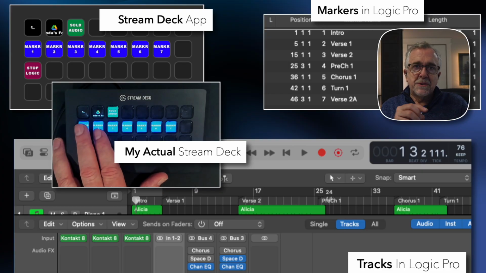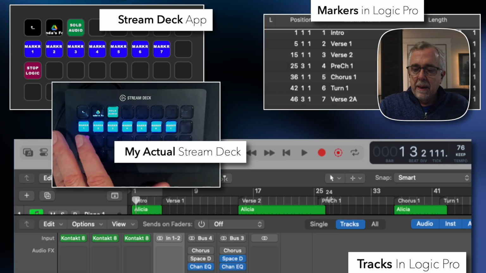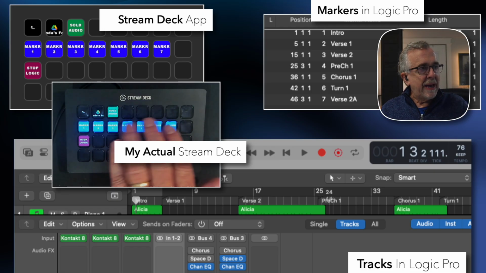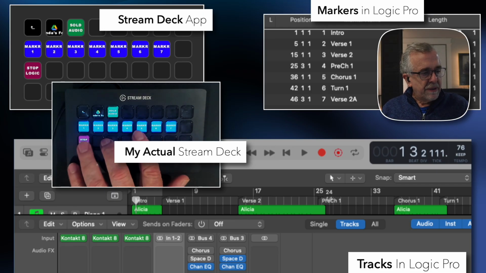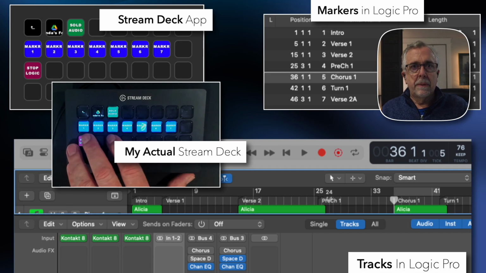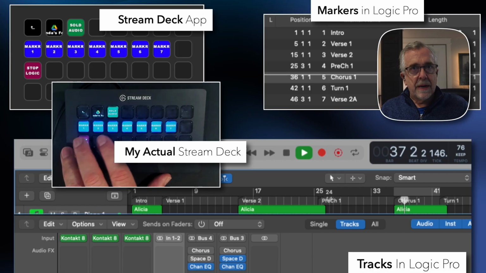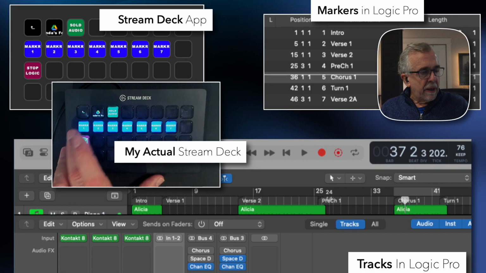Now, a moment ago, I showed you my numeric keypad with me typing keys on this keyboard. Now, this is all going to be Stream Deck actions, and you'll see what happens. For instance, if I wanted to play the first chorus, I just hit this button, and I can stop it here. If I want to go to the intro,